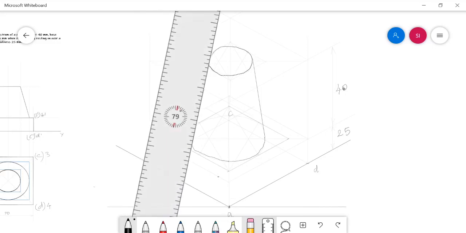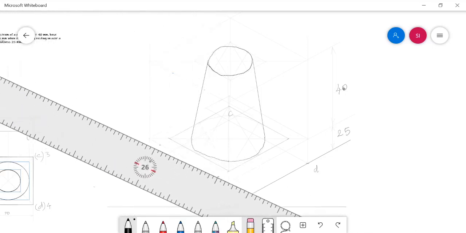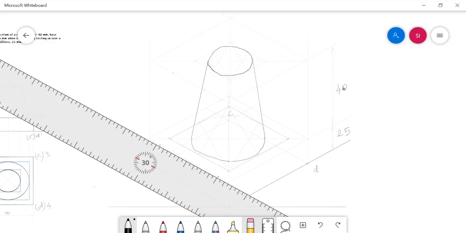And the remaining visible parts of the square slab also can be drawn with the HB pencil.